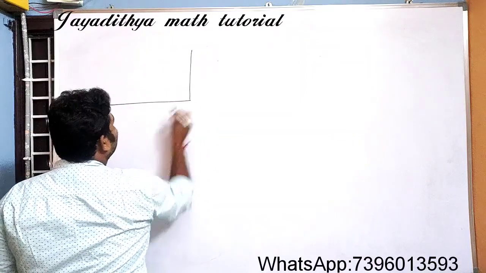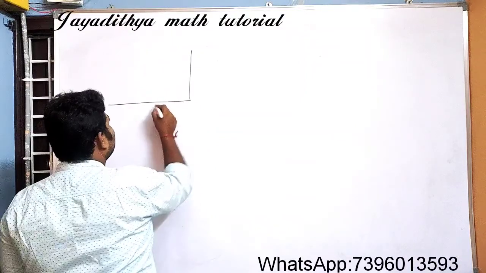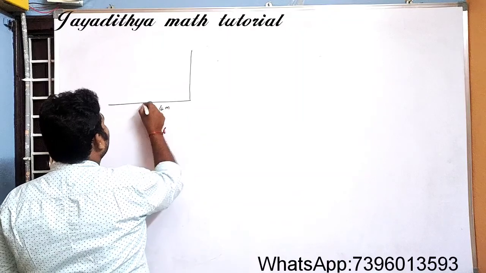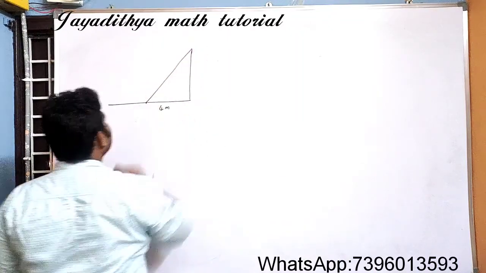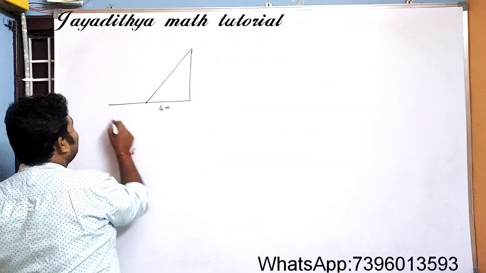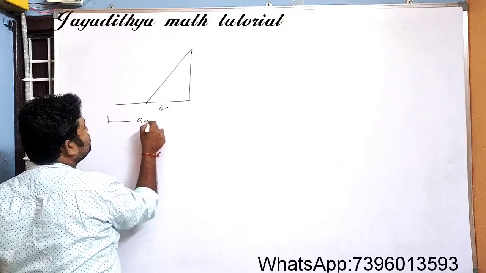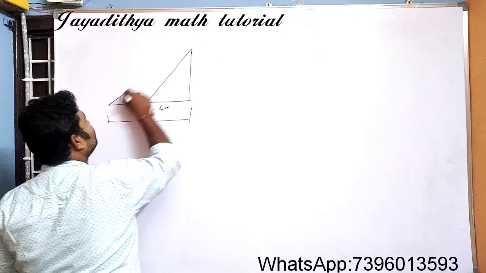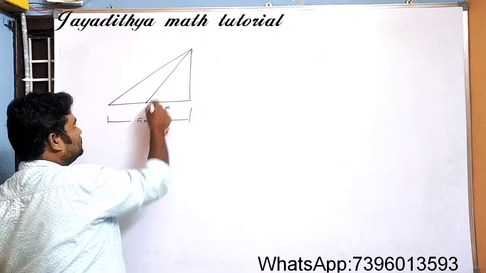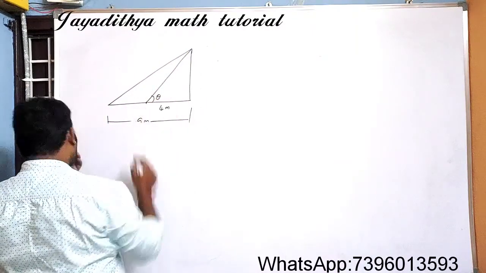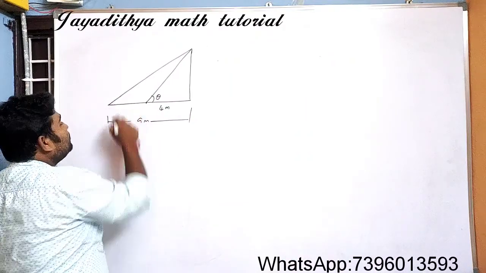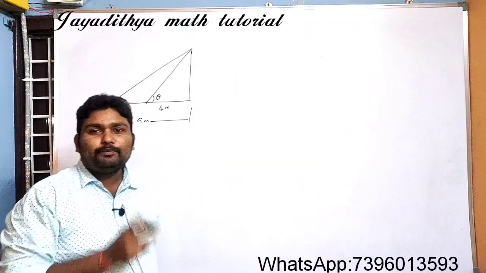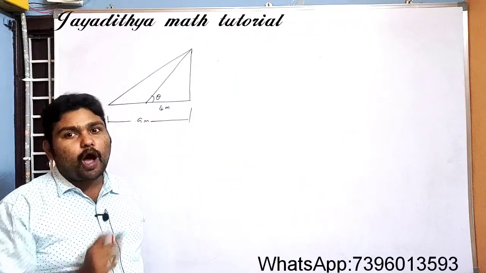From 2 points, he has given 1 point is at 4 meters distance. So here there is one angle, and at a distance of 9 meters, again he has one more angle of elevation. So let us take this as theta. And he has told one more thing, that both the angles of elevation are complementary.